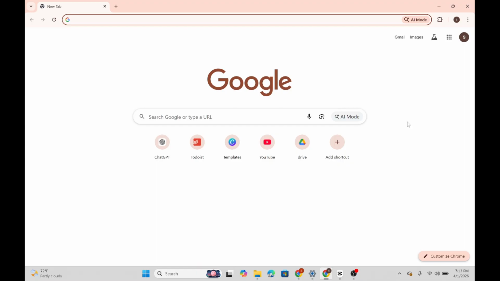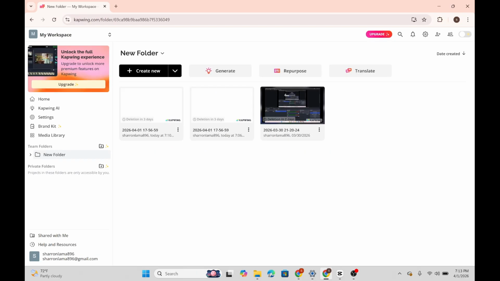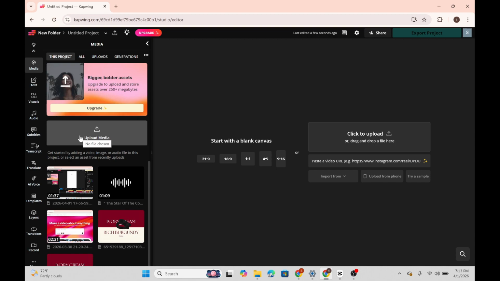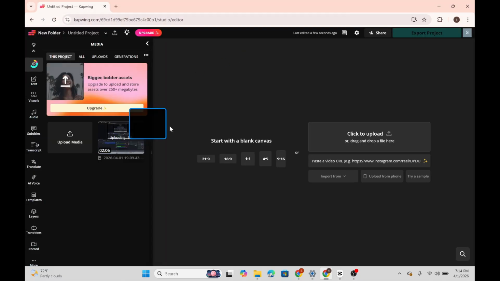So first, open any web browser you prefer, and in the top there's an address bar. Type down kapwing.com and enter it. Once you get into this interface of Kapwing, you can simply upload your video by going to Create New and clicking on Upload Media on the left side over here, and it will automatically take you to your video library or your photo library. Select one of the videos or photos, and over here simply double click on it